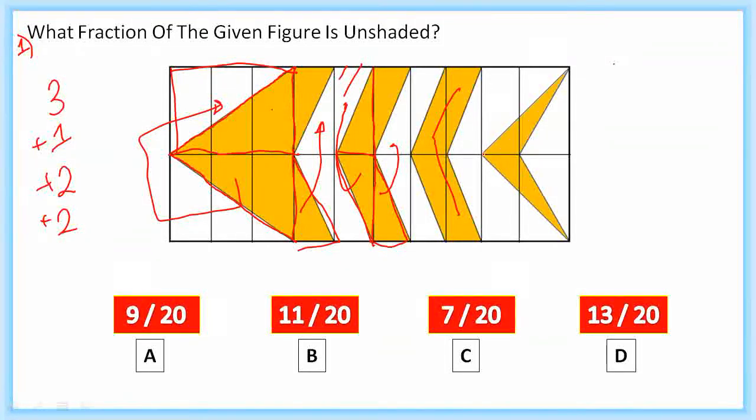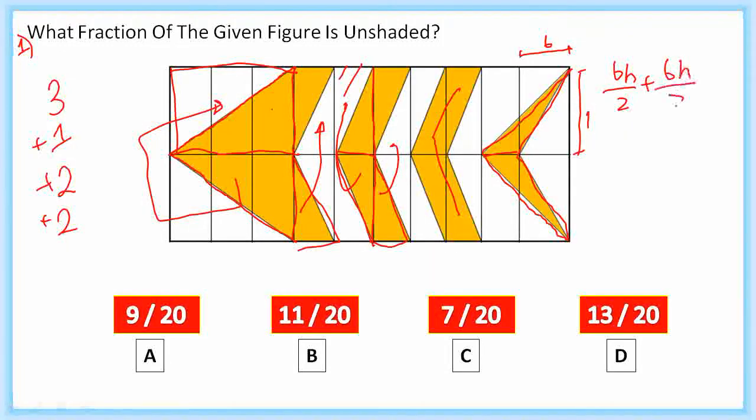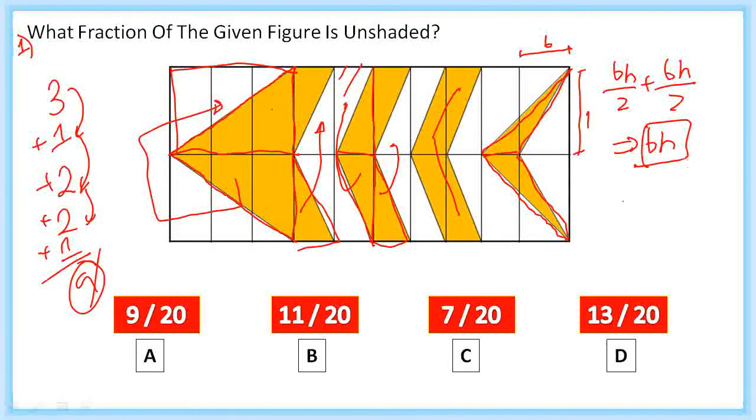Then afterwards for this one, this can be a little tricky, but for this shape we cannot do any rearrangement. So we're going to just take out this area. Let this be b, that is breadth, and h, the height. So area of a triangle is base into height divided by 2. So we get bh upon 2 plus bh upon 2, because there are 2 triangles. Adding them we will get bh, that is 1 rectangle, so we will get plus 1. After adding, we will get 4, 6, 8, 9. So 9 parts are shaded.